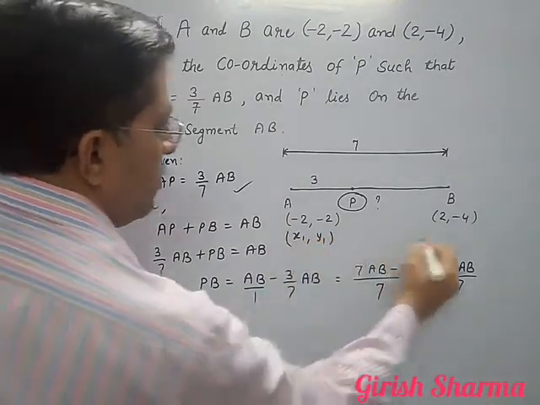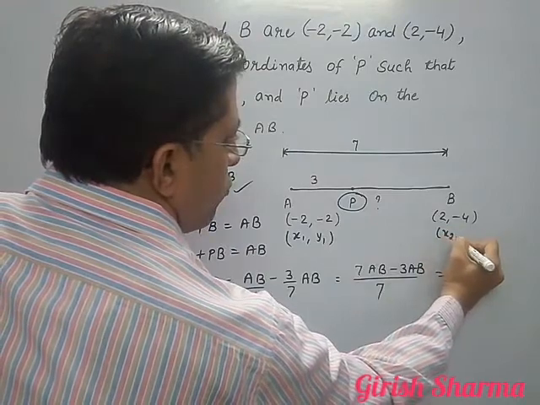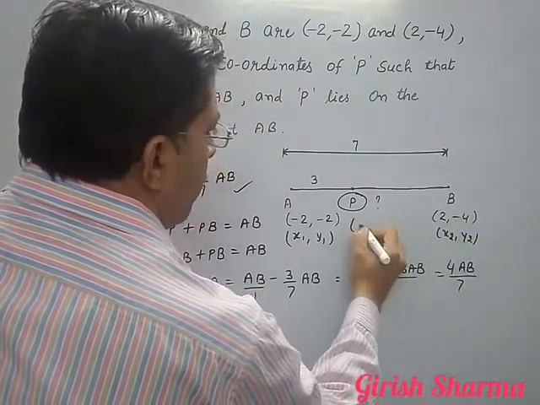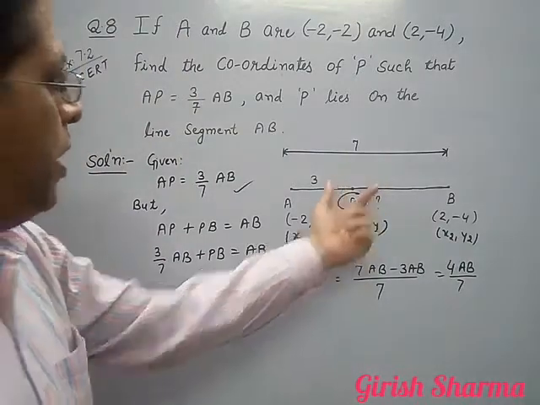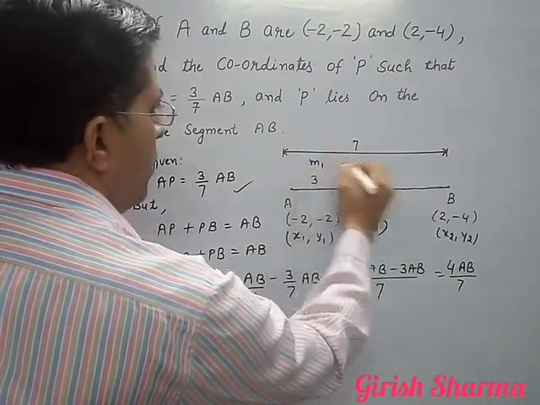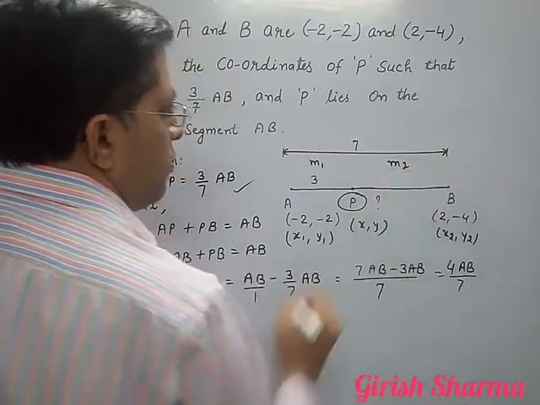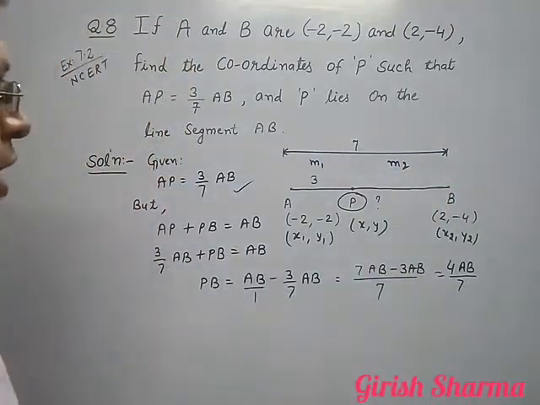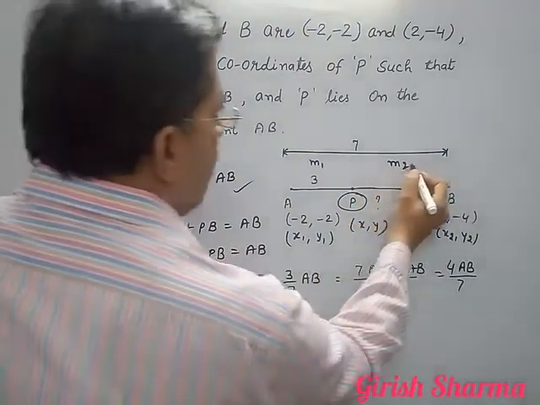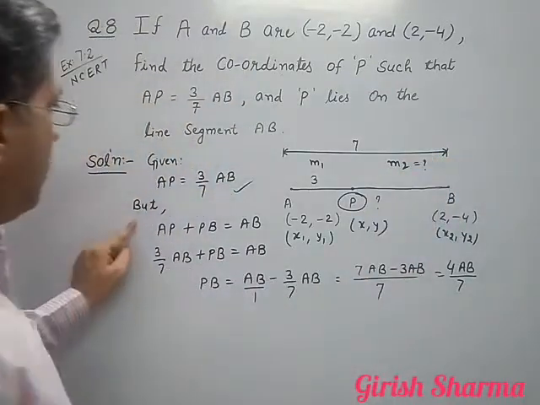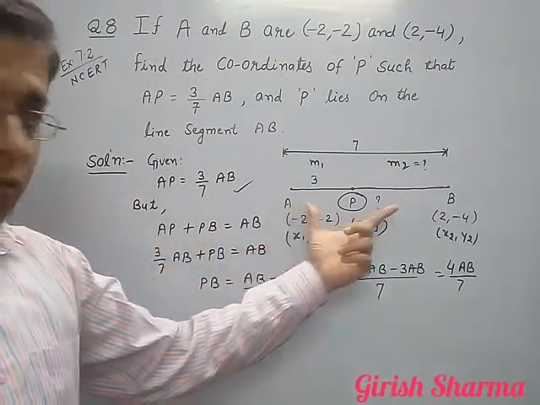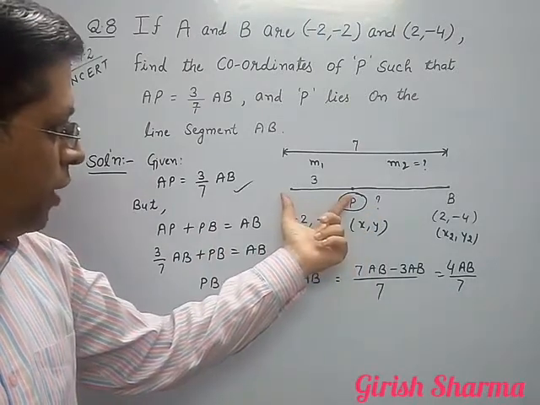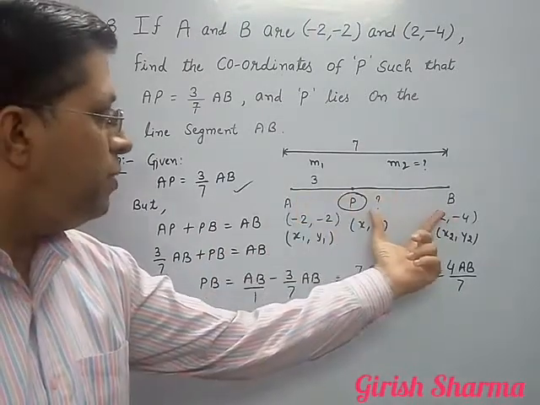x1, y1, and x2, y2. What I have to find? x, y. But here m1 is given clearly, m2 is not given. That I have to find out, what is m2. See here, what we know: the line segment is this, so AP plus PB